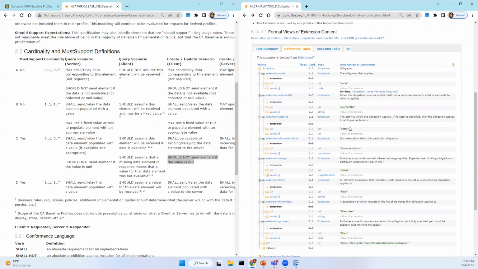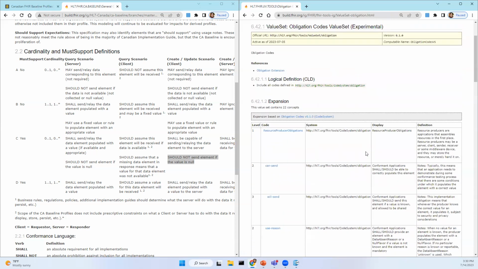There's a lot that you can convey in an obligation extension, but there are two things I want to call out, because they are relevant in understanding how the codes and terms we have to discuss are constructed. You've got code, which is a minimum of 1, and you've got actor ID. So FHIR is now providing, and again it's an experimental extension, so this is very early stages, the value set may change, but it says you're going to define your actor that's important to you and start by